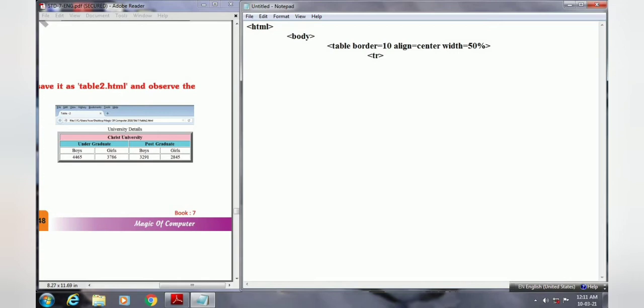The th tag we forgot to discuss, so now I am explaining that the th tag is used to enter the table heading. It is known as a table header. The column heading we can write with the help of the th tag. What is the difference between th and td? When we use the th tag, the content will be visible at the center of the cell and with a bold effect.